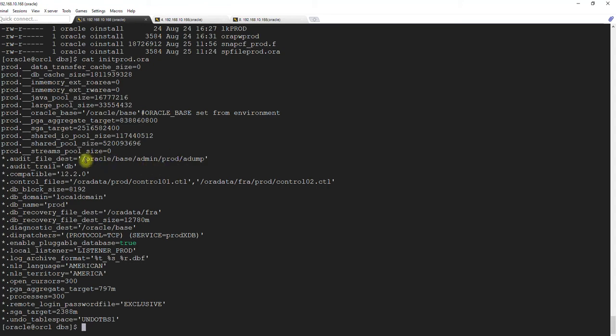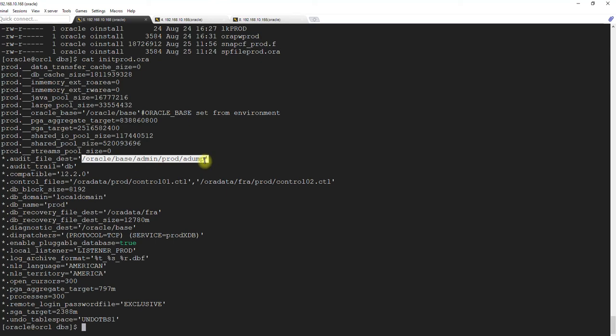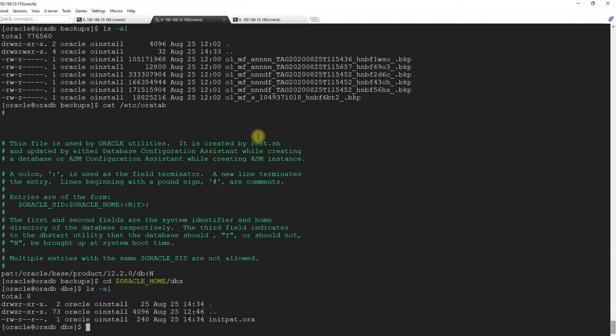Those directory structures will be this, and this, and this, all these, right? If it doesn't find them on the secondary server, then it will throw an error saying that it is not able to restore the files into the specific location, the reason being that these directories do not exist. And for that you need to create all the directories.